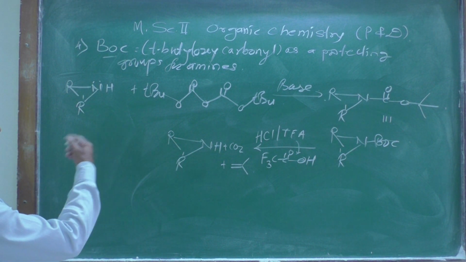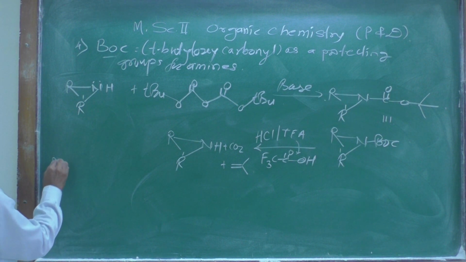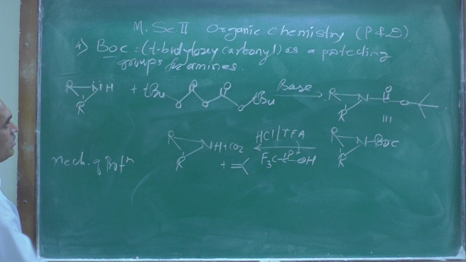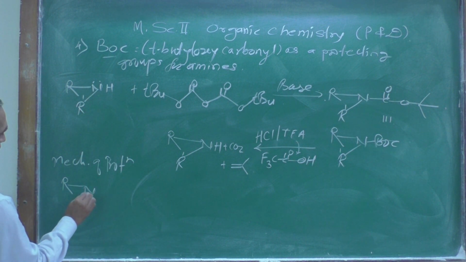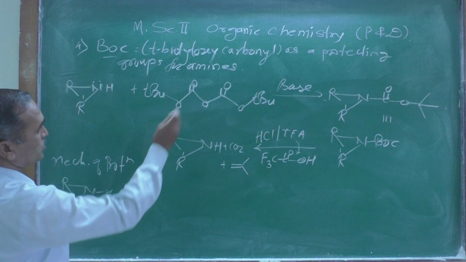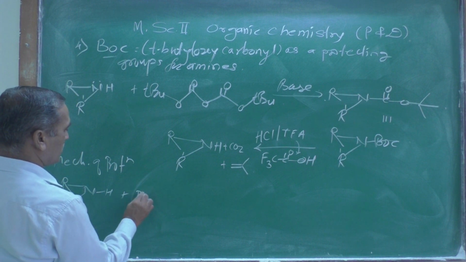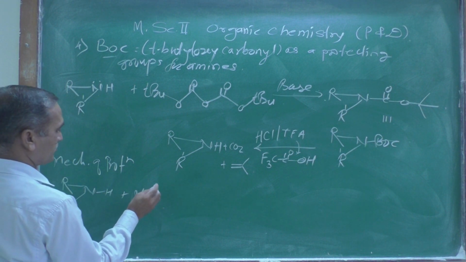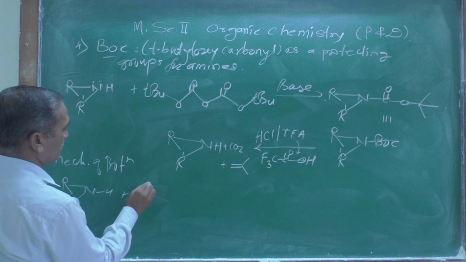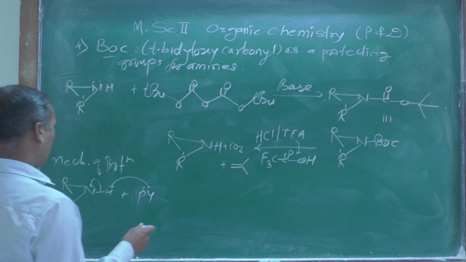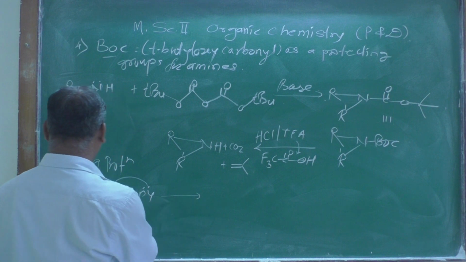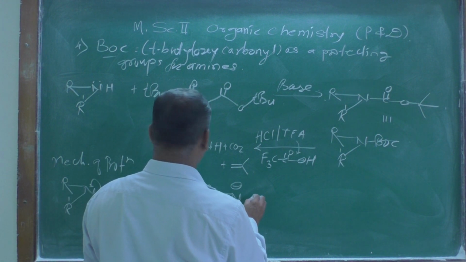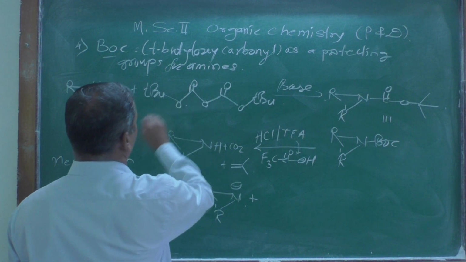Now let us look at the mechanism for protection. Here let us see R, N, R dash, H. You are using a base. Maybe you can use sodium hydroxide, NaH, or pyridine, which will abstract the proton from here, leaving the bonding pair behind. You will get R, N, R dash with a minus charge over there, and this is treated with